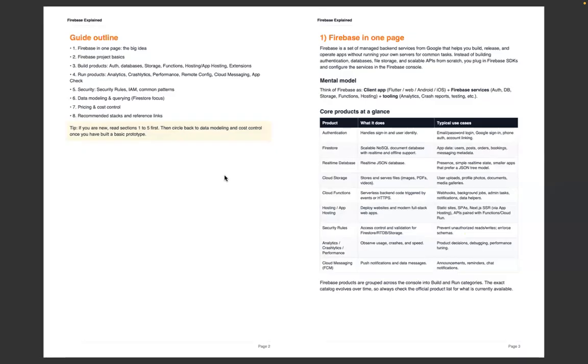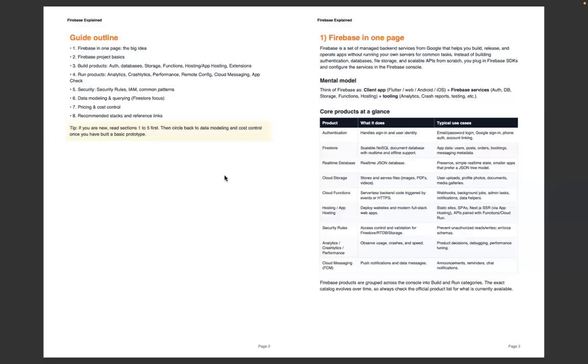When we hear the word hosting, we all know that we are trying to deploy something. We are trying to put out what we've created for others to also see or get access to it. It deploys websites and modern full stack web